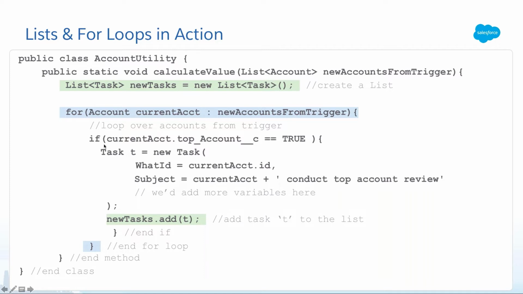Inside of the for loop, we have our if statement. If you've ever created an if statement in a formula field, you might be familiar with this. It's pretty much saying if the current account is set to top account, we're going to create this task inside of the if statement, just like we did previously.